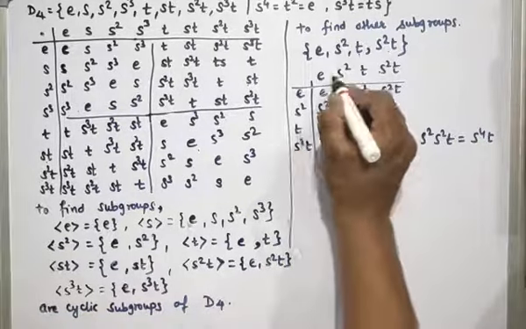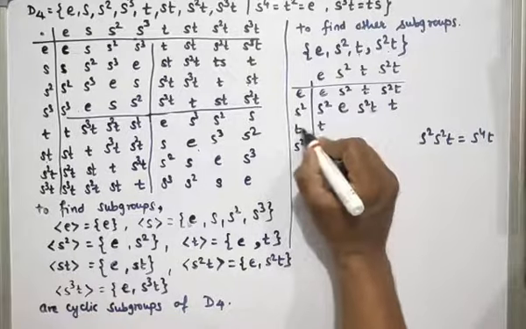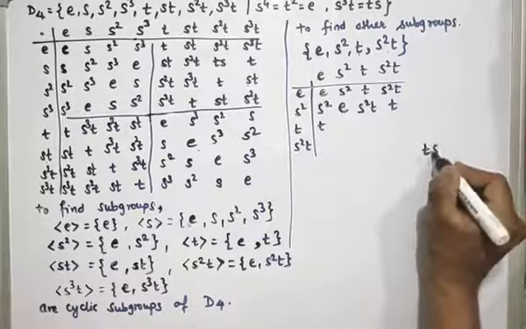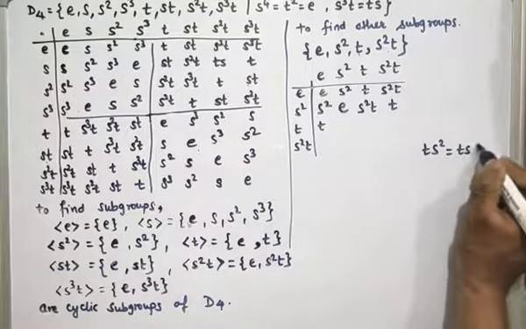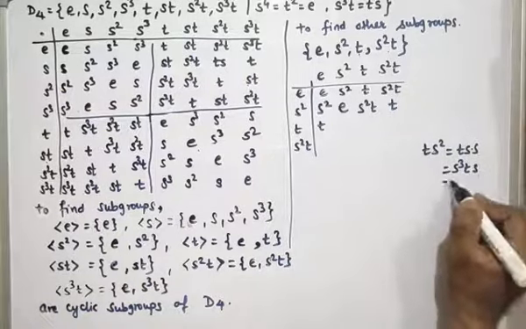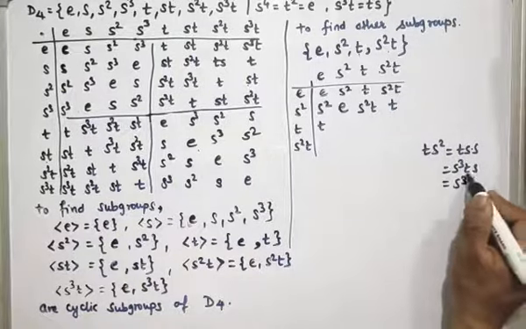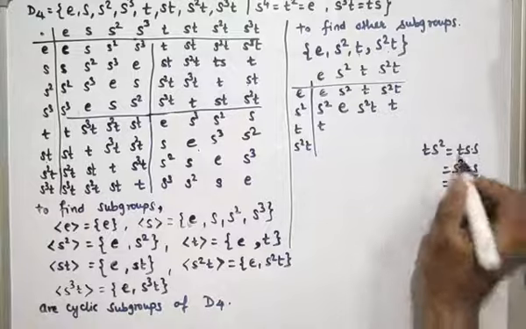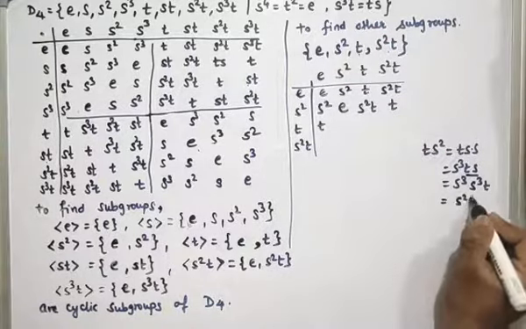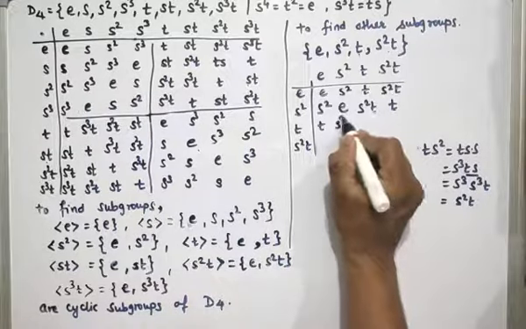So after multiplying by T, T into S square. So what will we get? T into S square can be written as TS into S. TS has value S cube T, into S, which is S cube. TS has value again S cube T, right? So S raised to 6 means S square T, which is S square T.